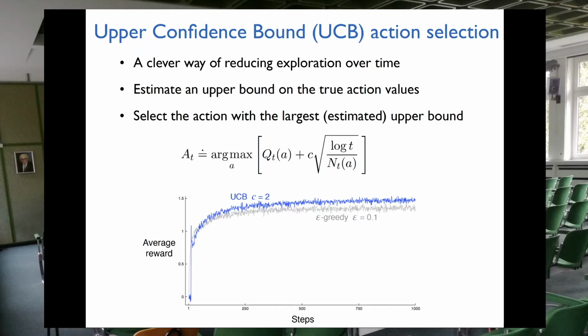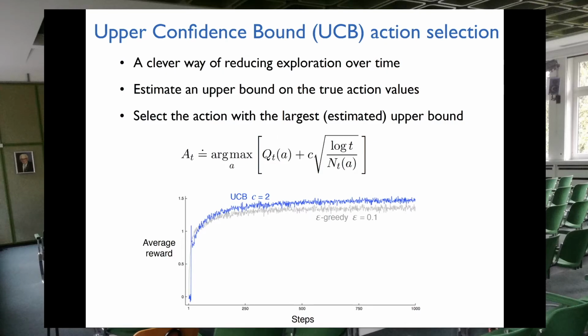And the idea behind this strategy is that when you select a random action, you select a random action with, let's say, a uniform probability. So you can select an action that is very, very bad, or you can randomly select an action that is very close to the optimal one, let's say. Epsilon greedy cannot detect this difference. What we're saying in this algorithm, UCB, is that we need to consider